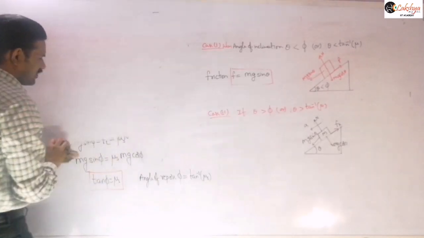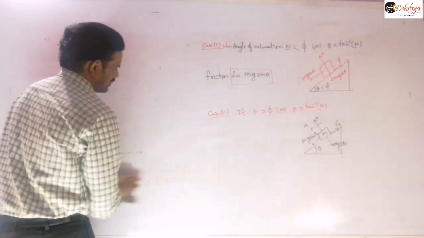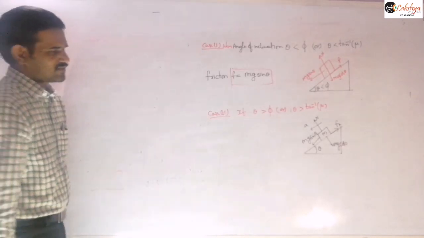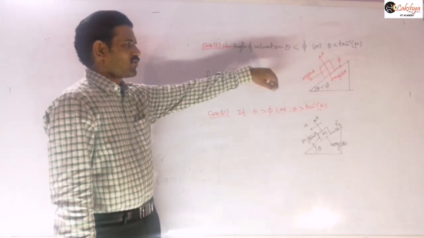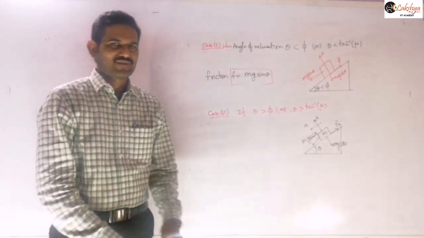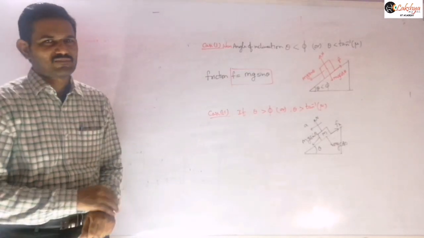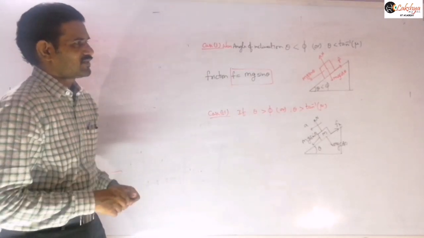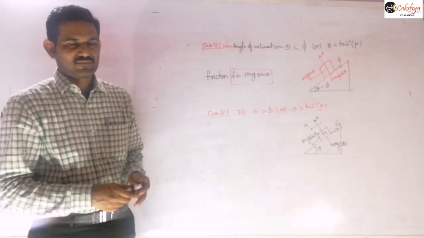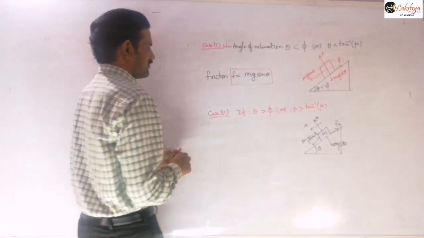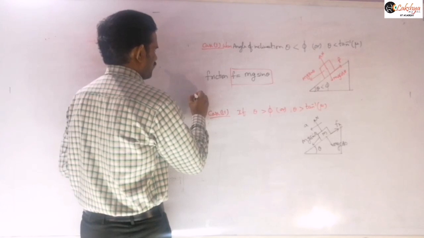So this is the angle of repose definition here, and in this we need to discuss the cases. In this case, the body will remain at rest only, so nothing to discuss there. Simply we need to write the frictional force there, and in that case they will also ask for the net contact force. So write the net contact force also here.